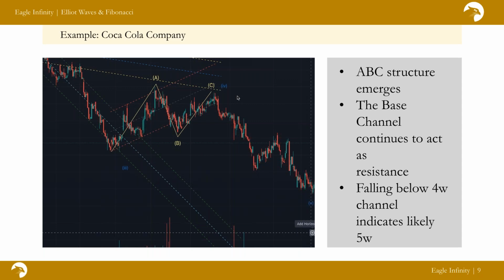I've chosen this example for a number of reasons. We'll reveal some of those reasons a bit later, but one is that this is a cool example because it's an impulse wave to the downside. Remember, the fourth wave is corrective in nature, so we could be thinking that this is an ABC, in which C just stops short of going even higher, because maybe price is just particularly weak, and it also stopped right on the base channel. So then we could start our fifth wave down. You see here, we marked out the fourth, and price continues to go down to the fifth wave,